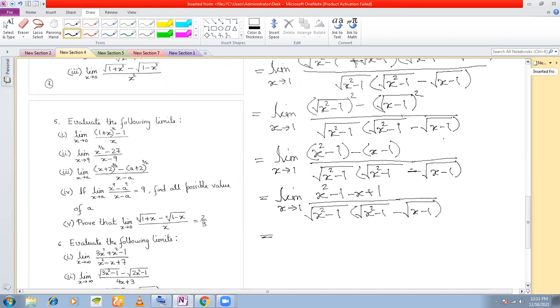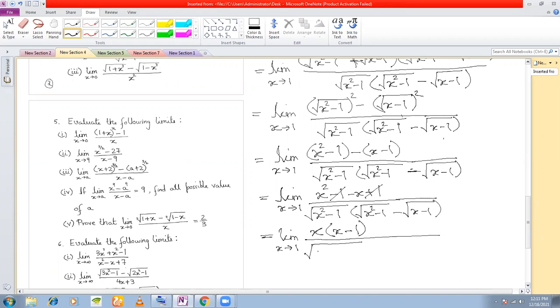Okay, in the numerator, if you see plus 1 and minus 1 is going to cancel. So we are going to be left with limit x tends to 1. You have x square minus x, from which now if you take x common, you're going to be left with x minus 1 here. And in the denominator, if you see, you have root x square minus 1, which you